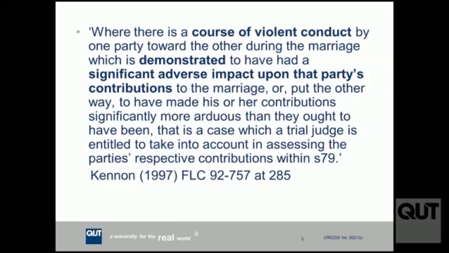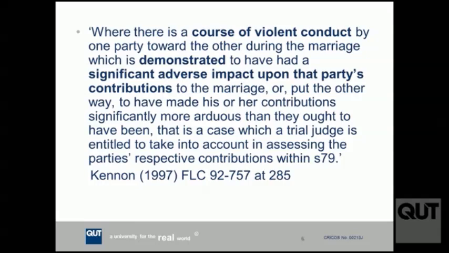Now, this slide just elaborates on the domestic violence argument, for it to have an impact on how the court determines the parties' contributions when looking at Section 79. And in the case of Kennan, the court said, so I'll just read this from the PowerPoint for you, where there is a course of violent conduct by one party towards the other during the marriage, which is demonstrated to have had a significant adverse impact upon that party's contributions to the marriage, or put the other way, to have made his or her contributions significantly more arduous than they ought to have been,